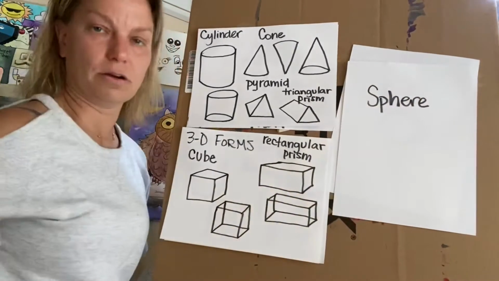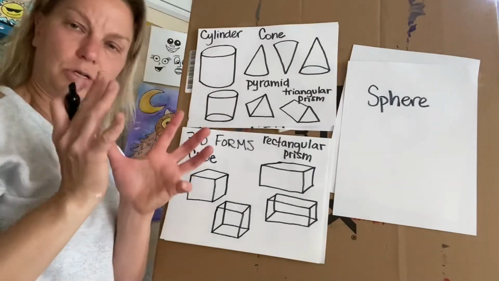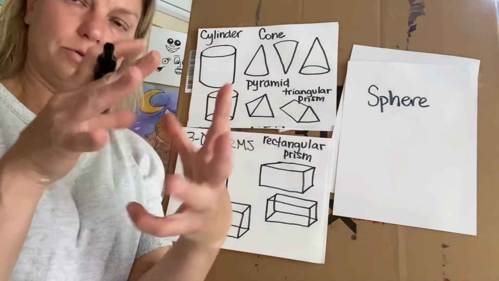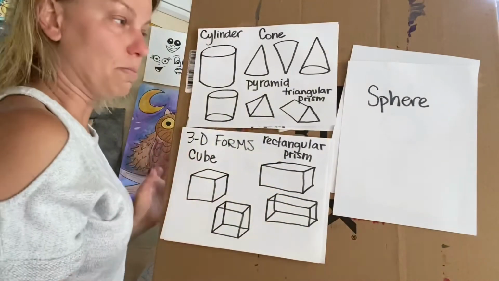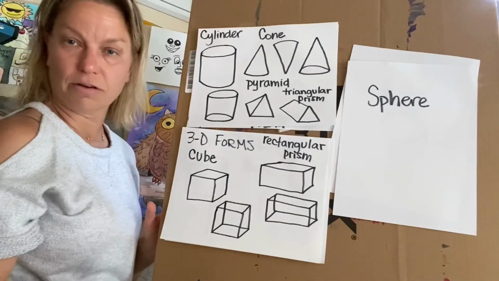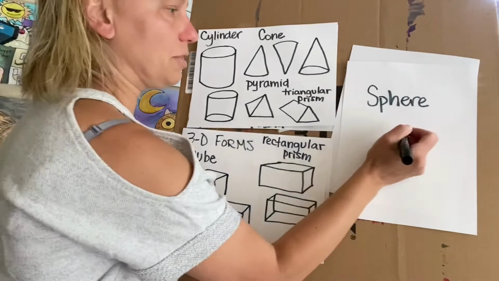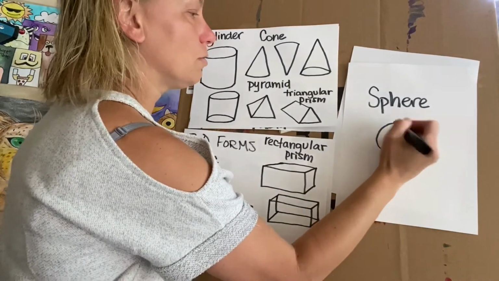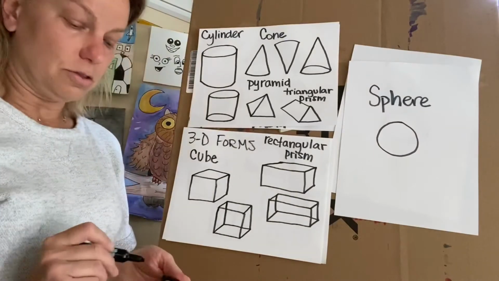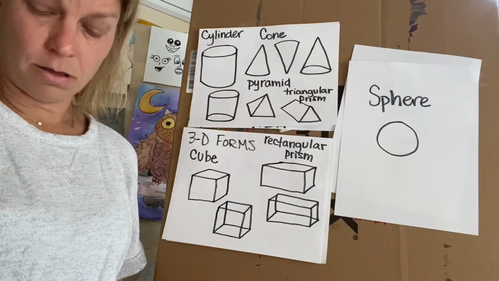The last one I'm going to do is the sphere, S-P-H-E-R-E, sphere. So a sphere is a globe. It's a round circle that you can fill the inside, or a ball. I actually have a soccer ball down there on the ground and a big bouncy ball over there. So for a sphere, you make a circle, okay? So there's not really much more to it